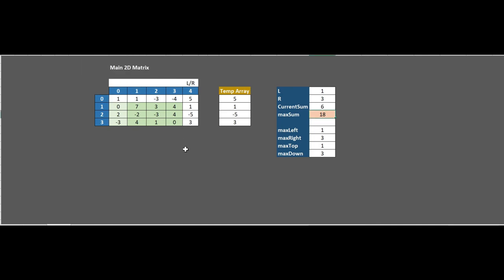Okay, so this is our result, and these are, you can say, the coordinates. So maximum left is 1, and then right is 3, top is 1, down is 3. So this is the area it is selecting.